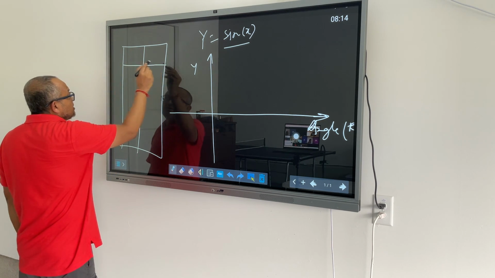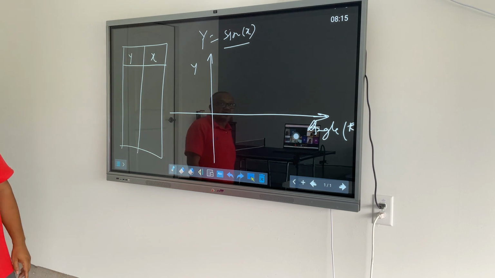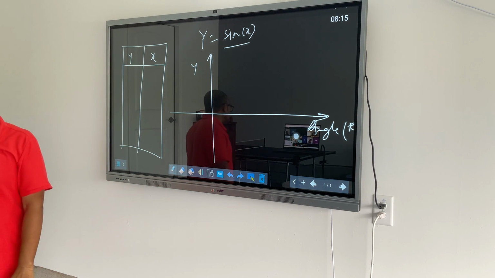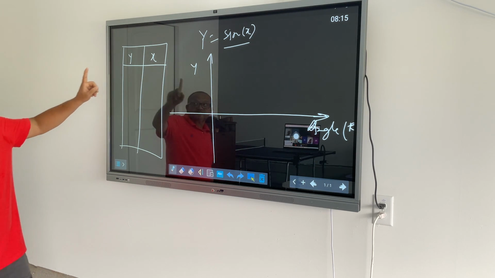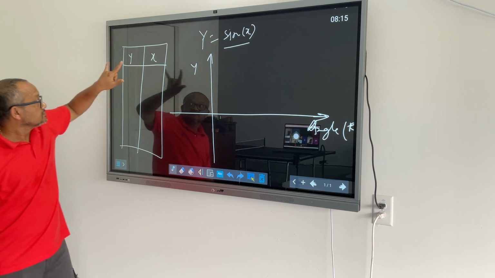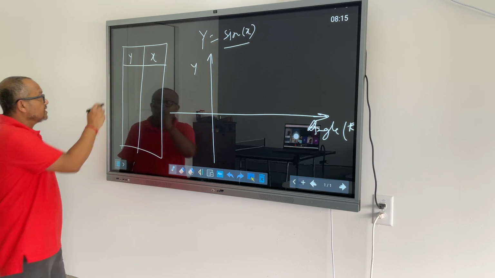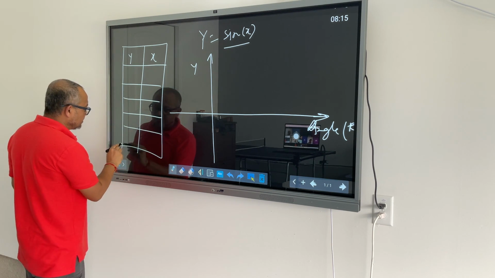Just because I have promised you guys always that I don't teach anything complicated, so I'll stick to that promise. And that is, this is the equation, this is the table that I'm trying to create. Let's find out few values for